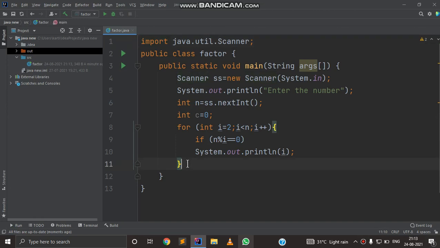Now I'm going to write a program in which we'll print the sum of factors.